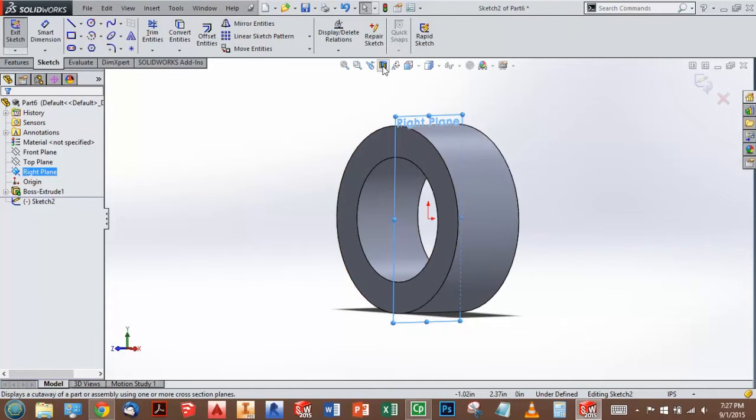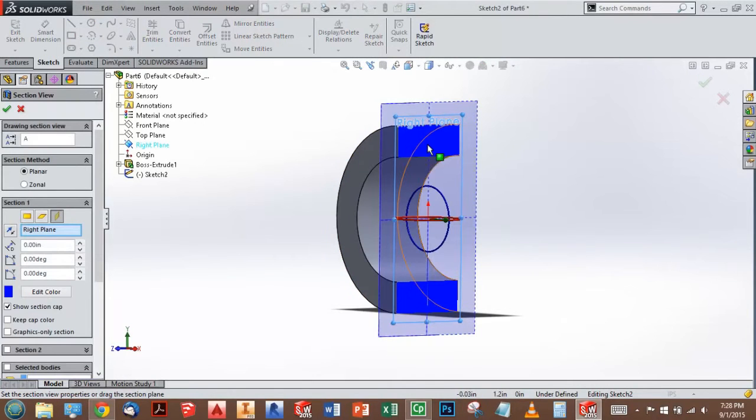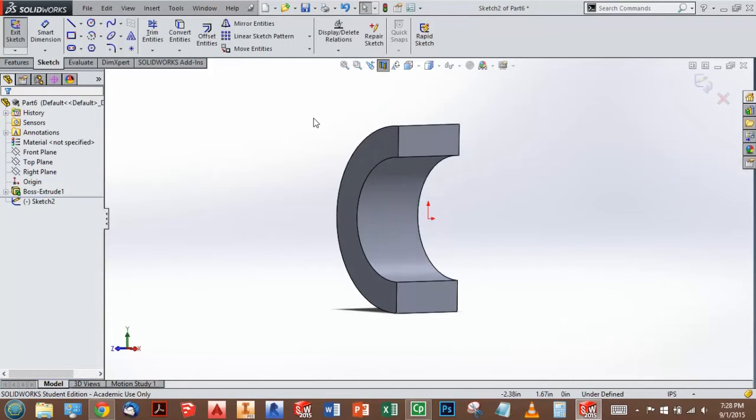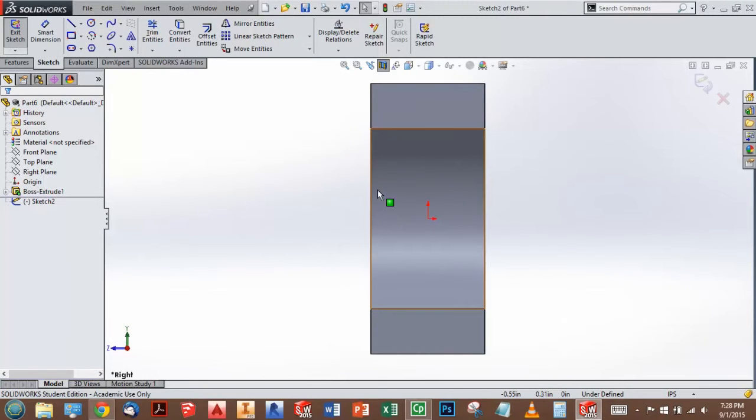If I hit that section tool, it will cut back to my sketch plane by default, and I can cut back to other locations also, but by default it's going to cut back to where I'm drawing. And then I can hit enter, and it's temporarily cut back. Now all of my geometry is still there, it's just hidden, so you haven't really gotten rid of anything. It's just temporarily out of the way. So now if I do a Control 8, I can get in here and draw and actually see what I'm working on